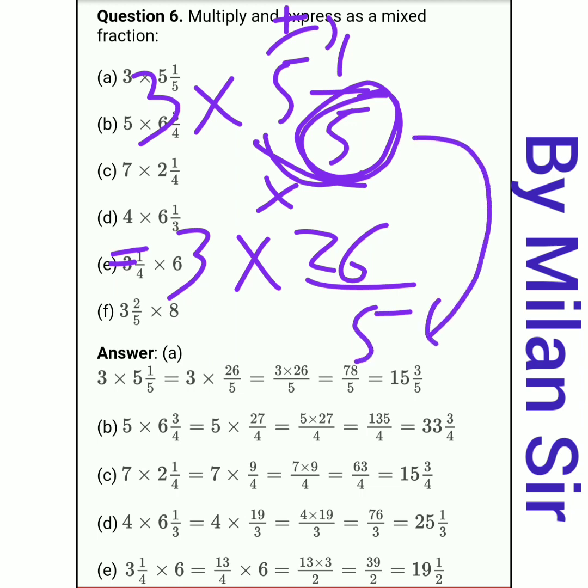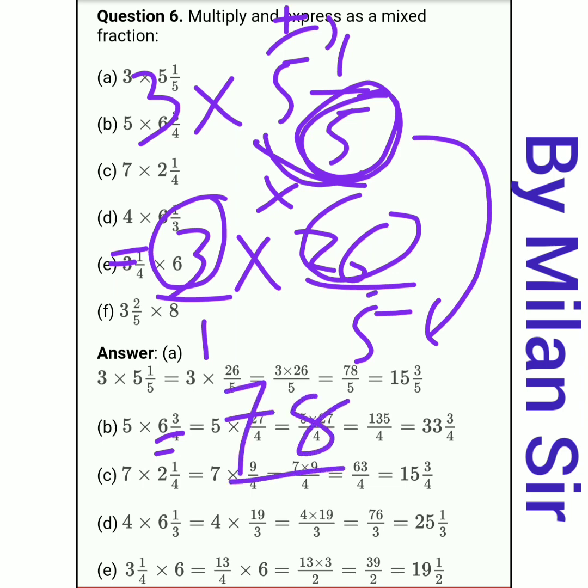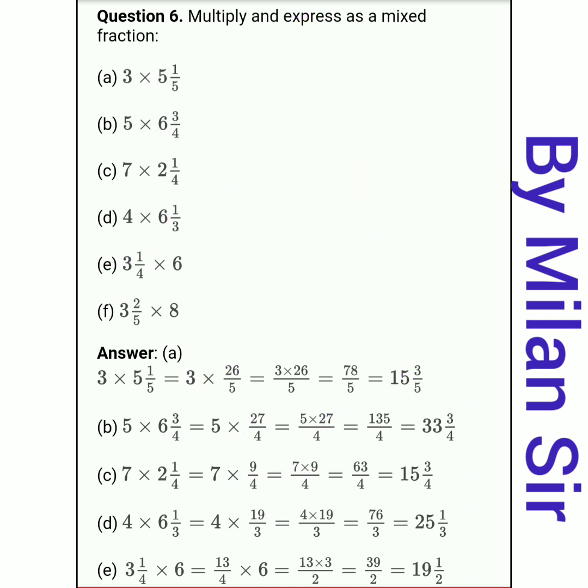Okay, now first of all we have integer 3, so nothing is present, so we can write 1. Right, now here we cannot cut anything, so directly we need to multiply it. So numerator versus numerator, 26 multiply 3, it is 78, and in denominator 5 multiply 1, it is 5 only. Okay, so answer is 78 upon 5. Now this is an improper fraction. Okay, so we can convert it into the mixed fraction.